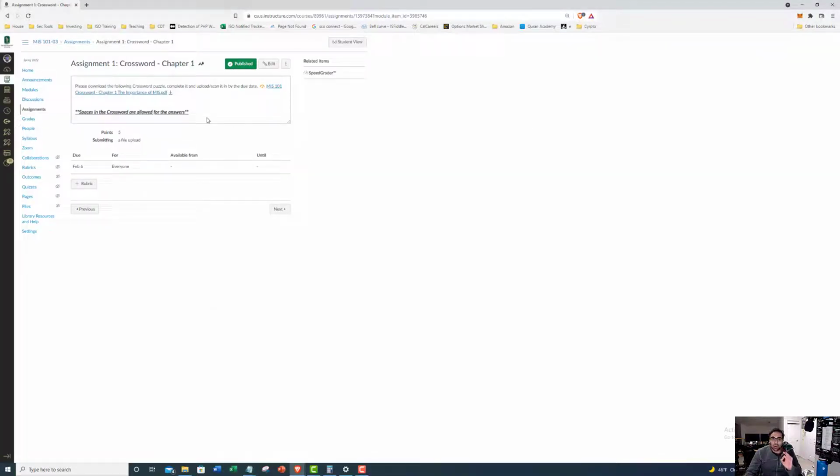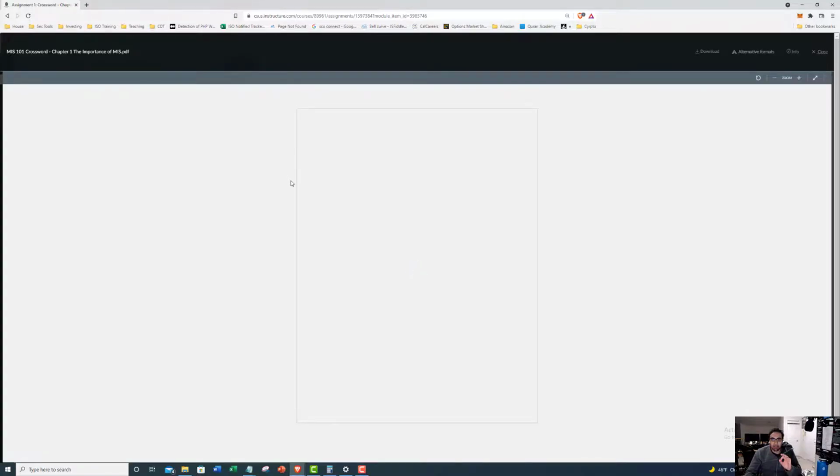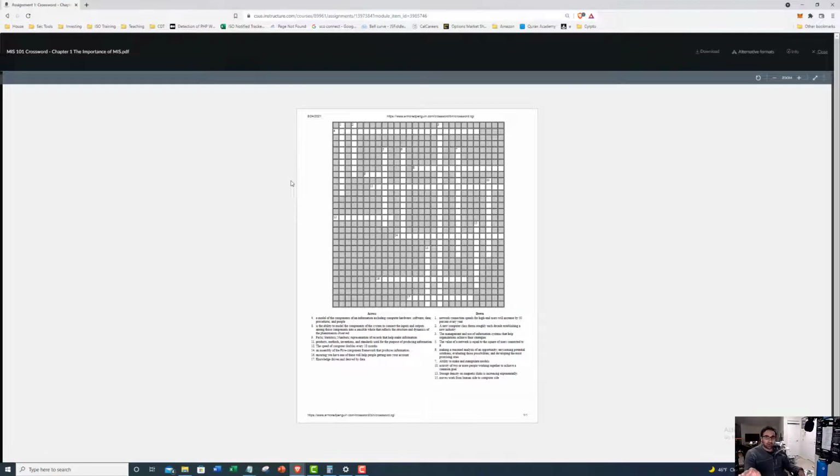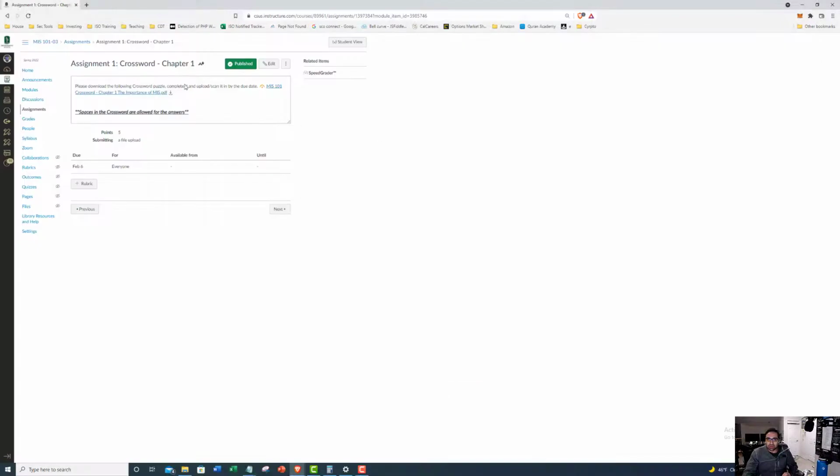You can either do that, and when you're filling it out like that, when you're downloading it or printing it out, then uploading it again, just make sure that these questions that we have down here, or these clues, when you're writing the actual term or the word, there are spaces in between each word. Okay, so right here, as I said, spaces in the crosswords are allowed for the answer. So if the answer is 2 words, then it'll be first word, space, second word. Okay,